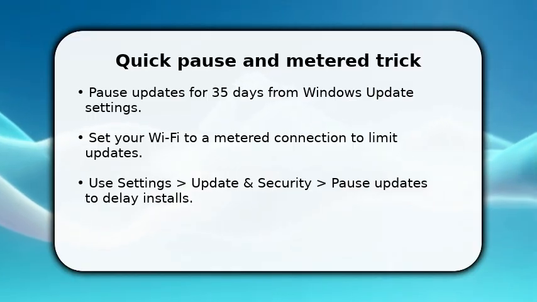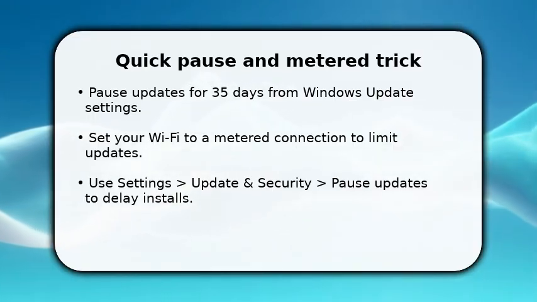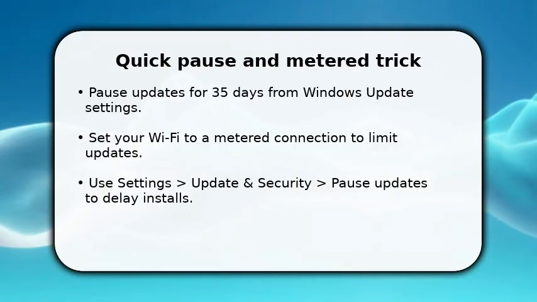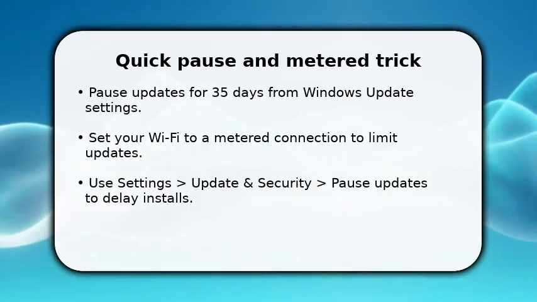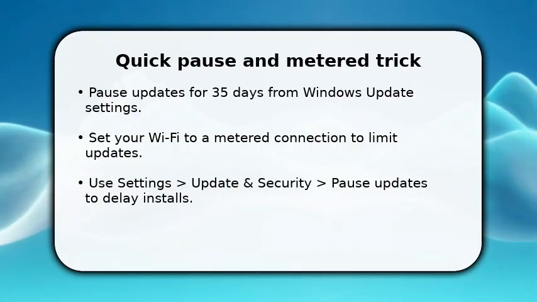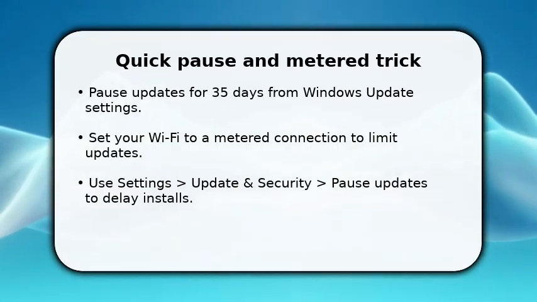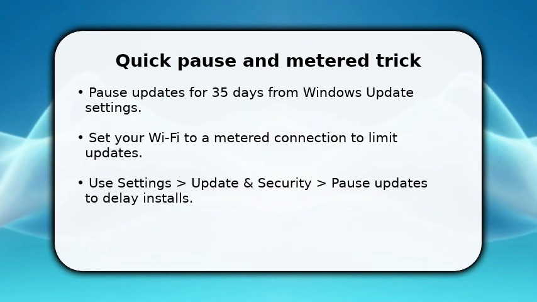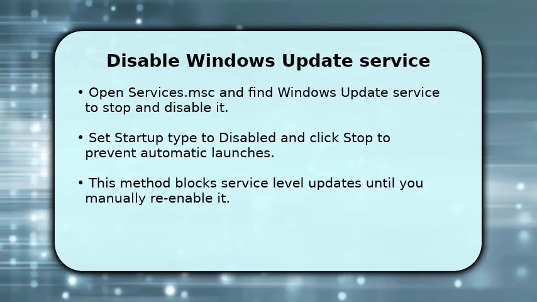If you need more control, set your active Wi-Fi as a metered connection in Network Settings. Windows treats metered connections differently and delays most background updates and large downloads. Use this method when you need temporary control without changing system services. For stronger control, open the Services console